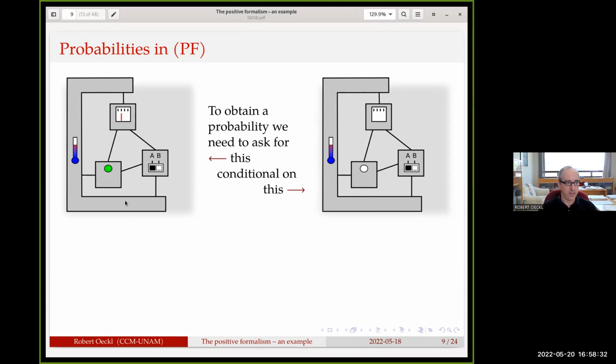And then on the left-hand side, you're asking for a particular outcome, okay? Which means a pointer device where the pointer points to a specific measurement, let's say 2 volts. And also this other device shows a green light. And it's not just sitting there, but you're looking at it and it shows a green light. So to be able to talk about the probability of some outcome, you have to specify always these